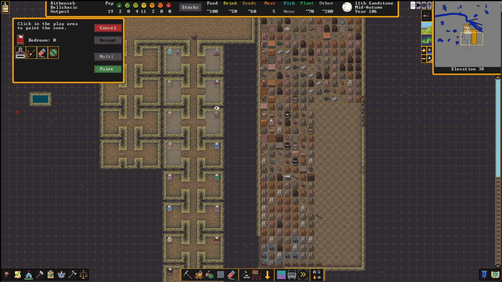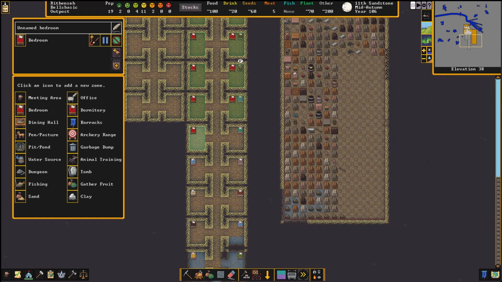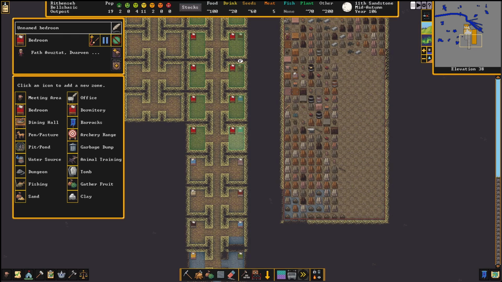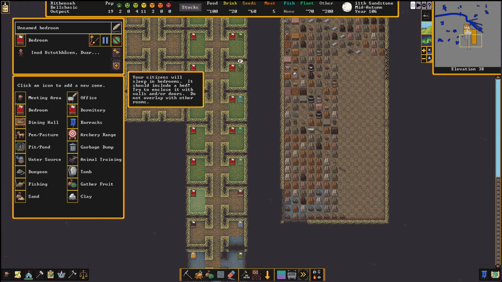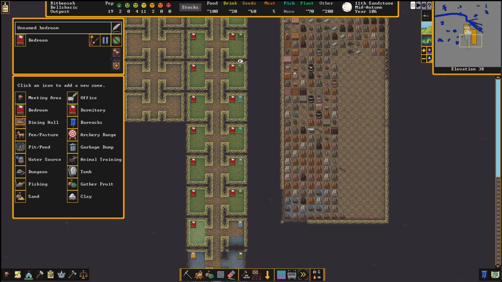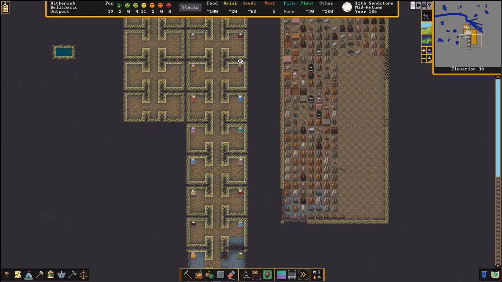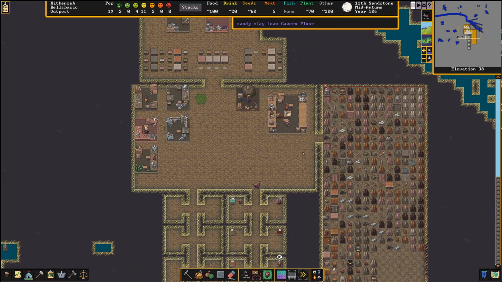Yeah, mostly chillin'. Yeah, still got them put in chairs and stuff, but one thing at a time. We're starting small after all. Because then they get all pissy and moaning when they don't have their own room. So I might as well do it. There we go. Okay, I got a decent amount of wood, so...